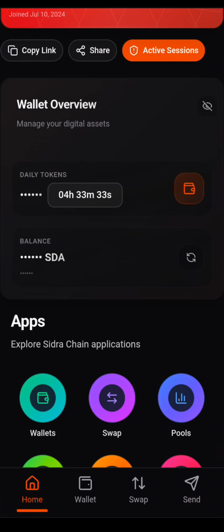A lot of people have been reaching out to me saying they have an issue with face verification whenever they are trying to swap their tokens from the ST to the SDA on the Sidra app. The Sidra project is one of the biggest projects we have right now that you might not be aware of, and I'm telling you here that if you are not participating in that particular project, at least do your best to make sure that you buy some tokens and hold.